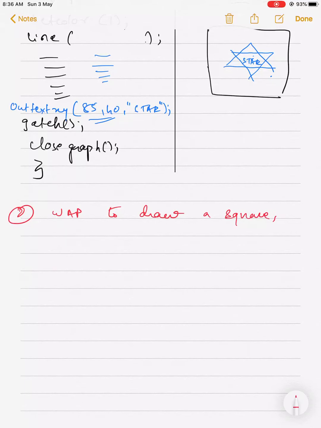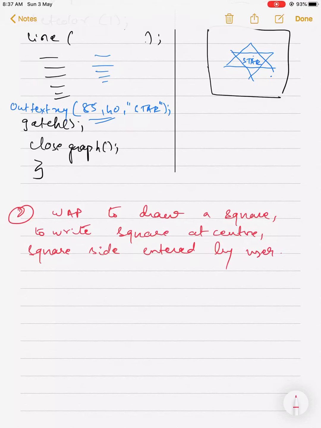We will include many things: to draw a square, to write a square at center, and square side entered by user. Anything else you want to include? This will cover your two programs, no issue. So these are the things that we are going to do.